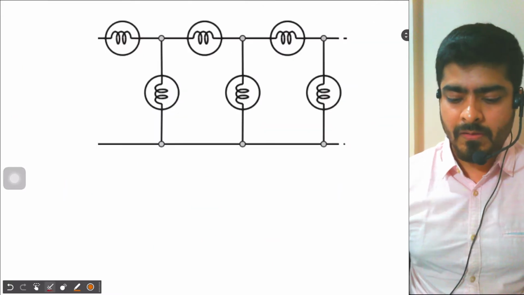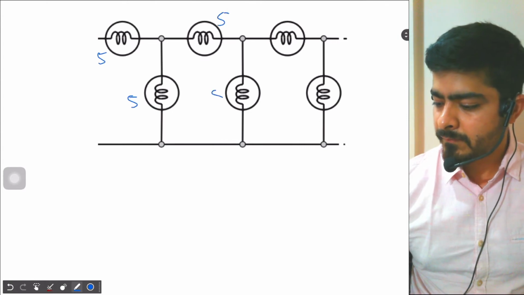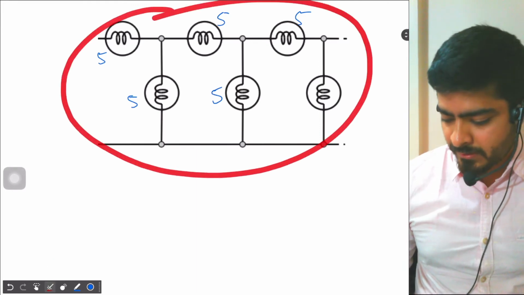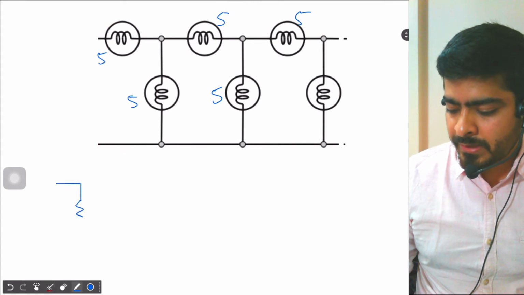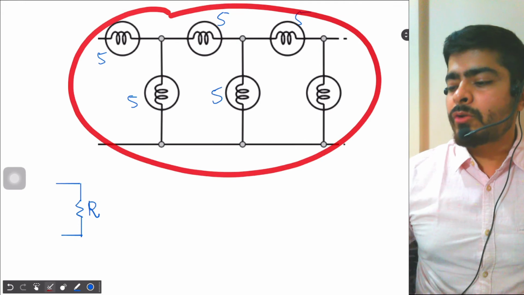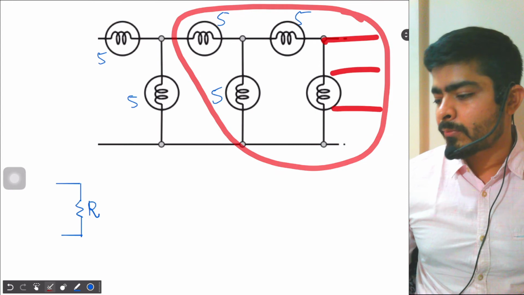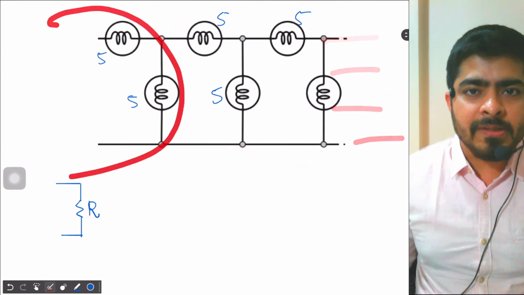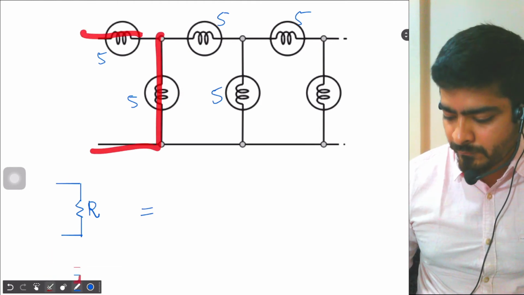Okay. So each of the lamps over here is now 5 ohms. Correct? Let the net resistance of the ladder be R. So net resistance of the ladder is equal to R. If this is equal to R, that means this ladder should also be equal to R because it's going up to infinity. So if you remove one branch from the ladder, doesn't matter. So this will be equal to, I take this 5, this 5.